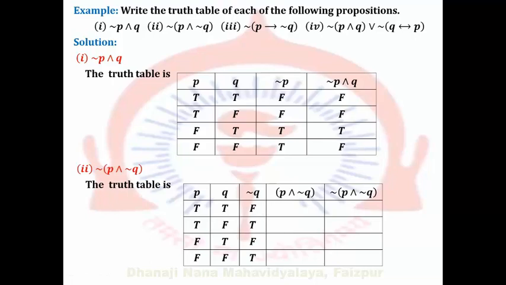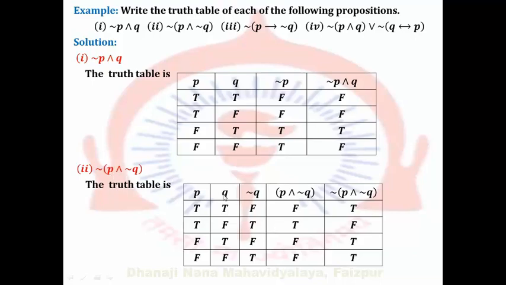and in the remaining rows they are not true. So we have P and negation Q, which is nothing but this column, that is F, T, F, F. Now in the last column we require this negation, so its negation we know is nothing but T, F, T, T. So this is the truth table for the statement negation of P and negation Q.